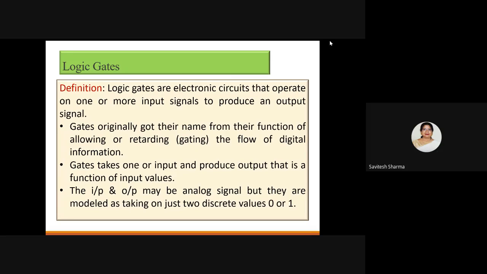You will understand later why I am talking about the voltage range and why I am not saying 0 volt and 5 volt. If I am talking about a single gate, then I can say that I am applying 0 volt, or I am applying VCC, the supply voltage, let's say 5 volt. So two discrete values we will take into account while discussing the operation.